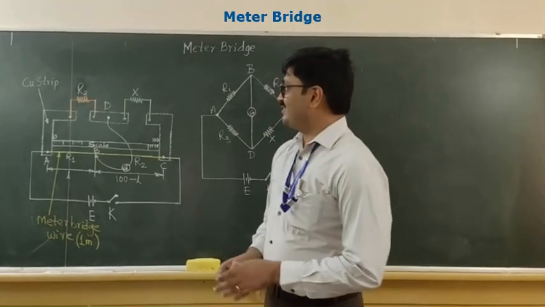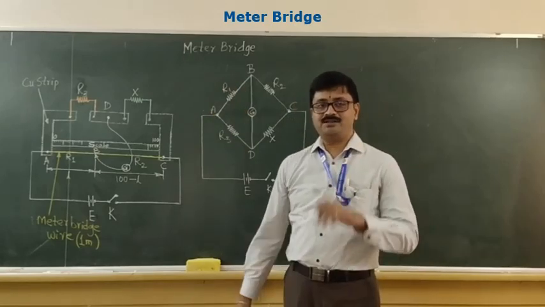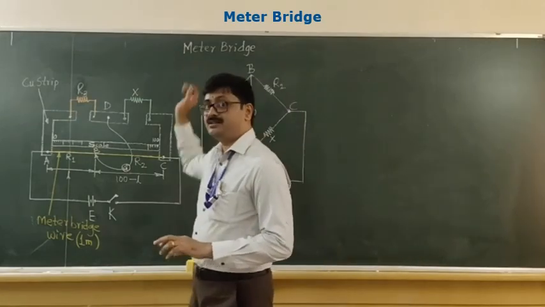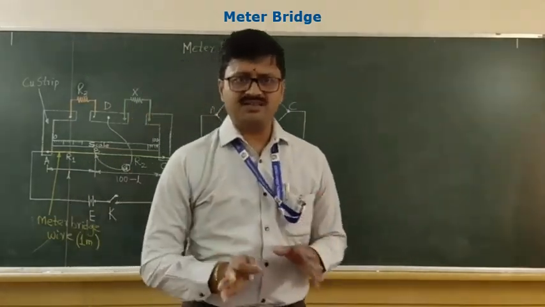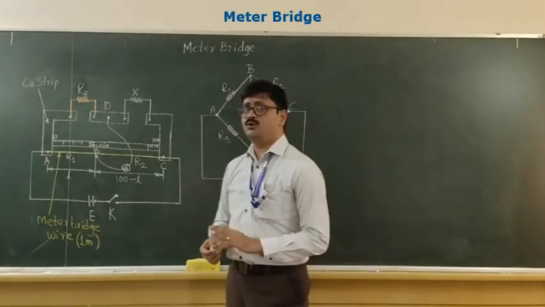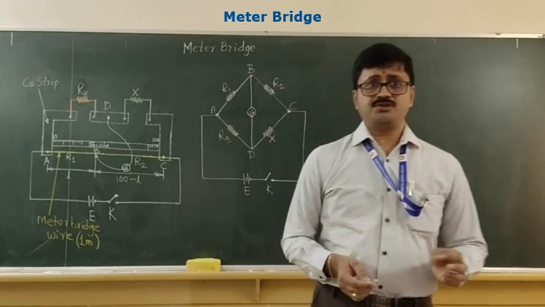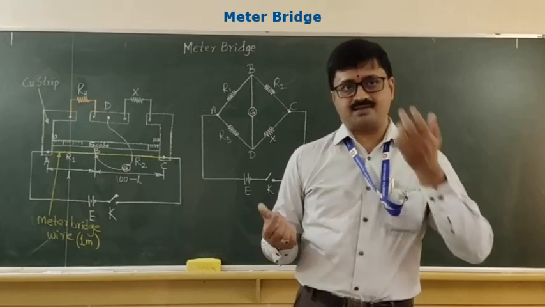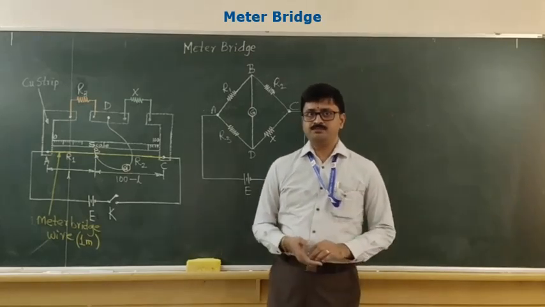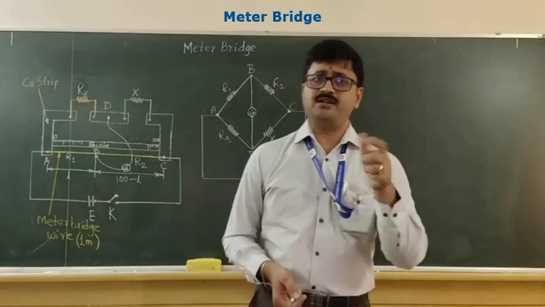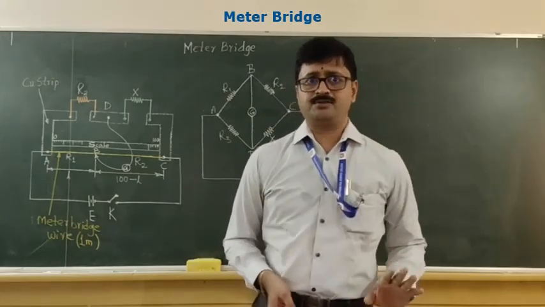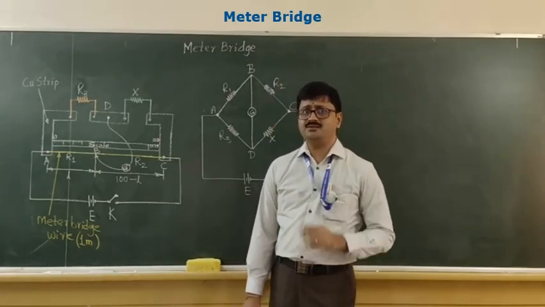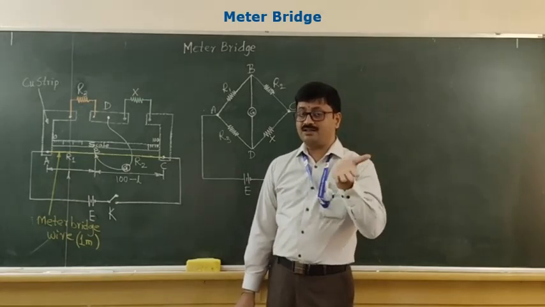Now let's take a look at next important application of Wheatstone bridge. Now this particular application is meter bridge. Meter bridge is a device that is used to measure unknown values of resistances. Suppose I have a wire and I don't know its resistivity as well as the resistance. Under that situation I can very easily measure the resistance of that wire by using meter bridge setup. Now, how does the meter bridge work? That we should understand. So, before that, let us take a look at construction of a meter bridge.